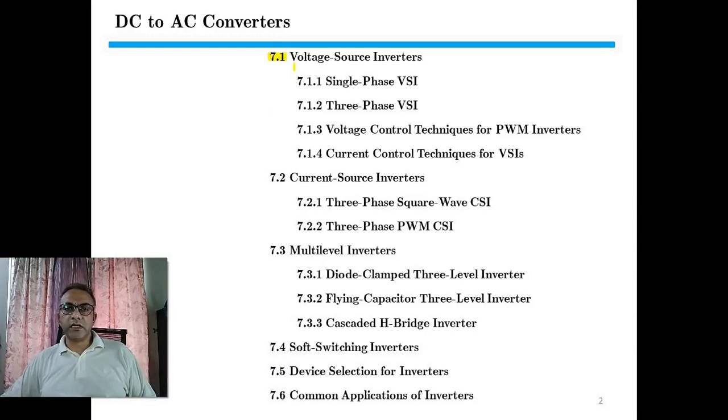In this article we will discuss general discussion on voltage source inverters. Then article 7.1.1 is the single phase VSI, standing for voltage source inverters. After single phase we will do three phase